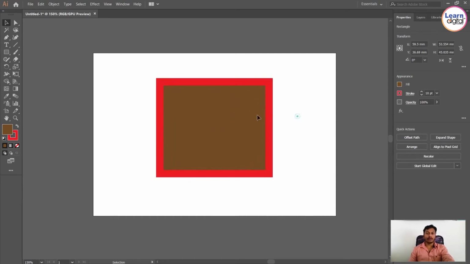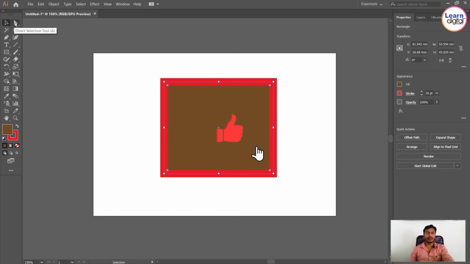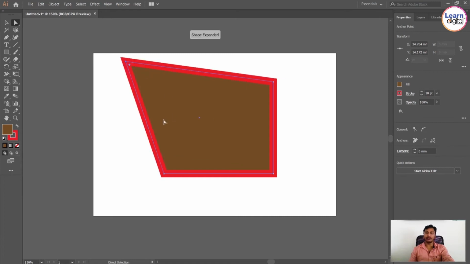Fine. Then one more tool, one of the major tools to change shapes from different shapes to different positions or different irregular shapes. We call it the direct selection tool. On the right hand side of the selection tool, you can see the direct selection tool. Just click on that, select it. What exactly will it do? You can move individual points with the help of the direct selection tool. For example, click on that point, you can move only that selected point.